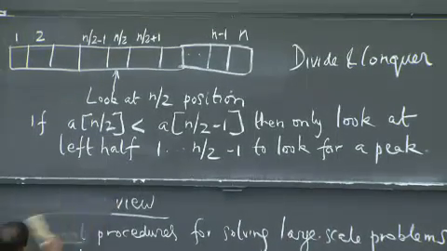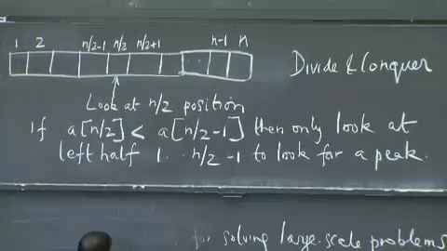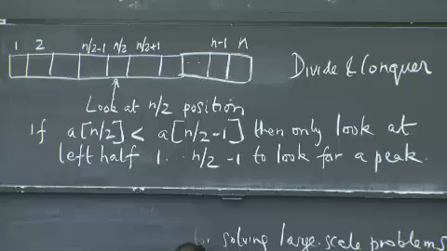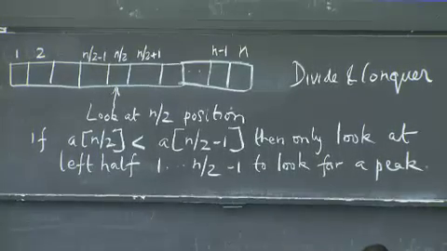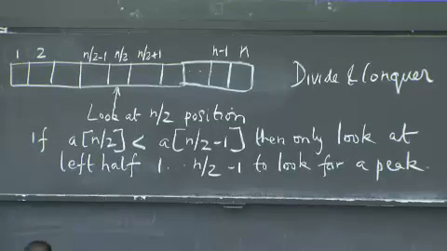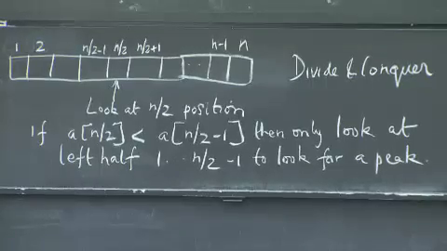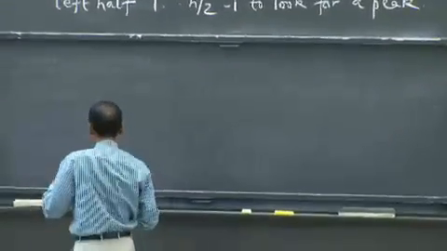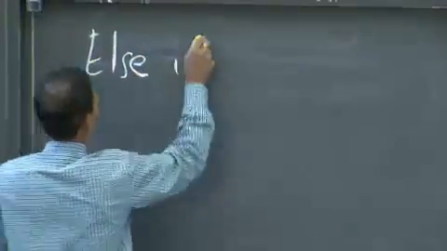And I could have done the right-hand side or the left-hand side, it doesn't really matter. I chose to do the left-hand side first, the left half. And so what I've done is, through that one step, if in fact you have that condition a n/2 is less than a n/2 minus 1, then you move to your left and you work on one half of the problem.